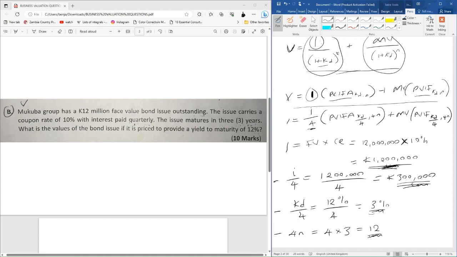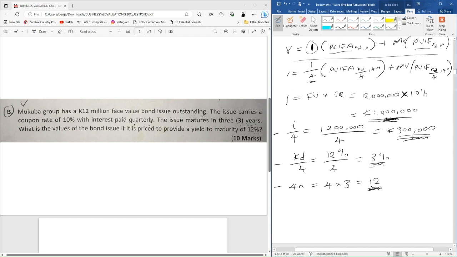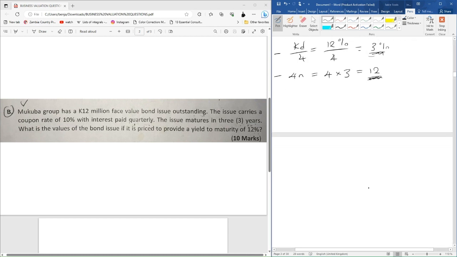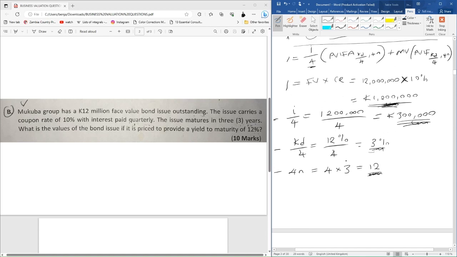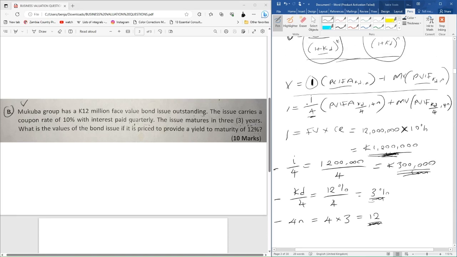Now that we have our periods equal to 12, we have our cost of debt converted into a quarterly cost of debt of 3%, and we also have our coupon rate, which has been converted into quarterly payments of 300,000 kwacha. We can go ahead and now find the what? The value of this bond. So in order for us to find the value of this bond, we're going to say V is equal to, what? So let's look at our formula here. V is equal to